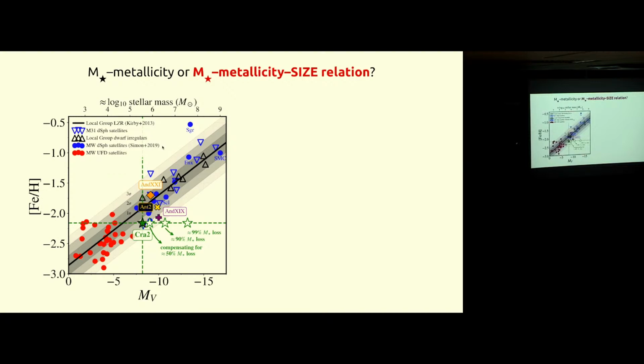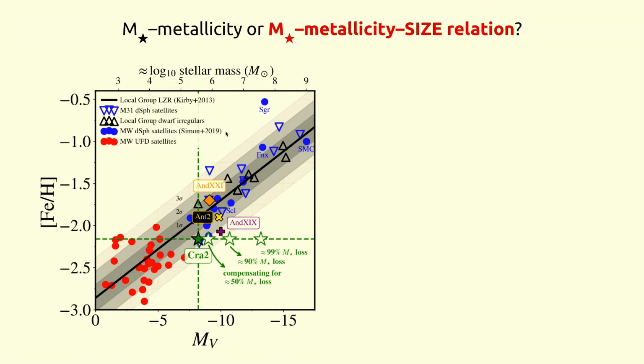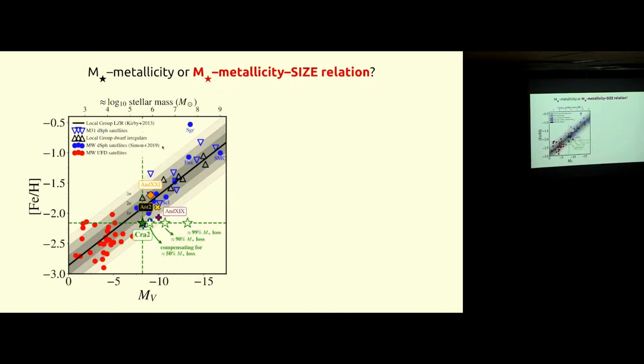What I think is interesting is that this galaxy right here is below this mass metallicity relation, which is very weird actually. Because if this galaxy has really experienced a lot of tidal stripping, as we expect to explain its humongous size and because we see a stellar string attached to this galaxy, you would expect that a galaxy born on top of this relation should move in the opposite direction. It should move this direction, because this is the direction of low mass galaxies, and if you're losing mass, you should show up as a low mass galaxy when you were really born as a high mass galaxy, which is exactly what is happening to Sagittarius right here.